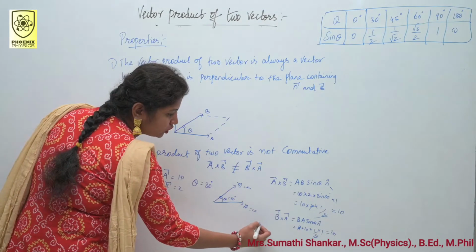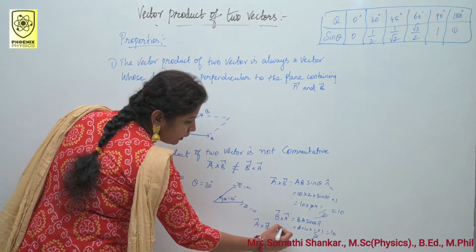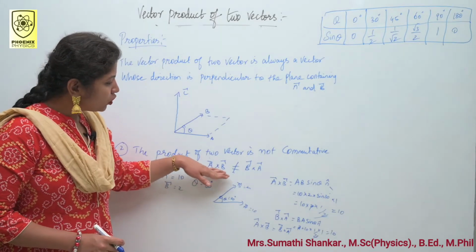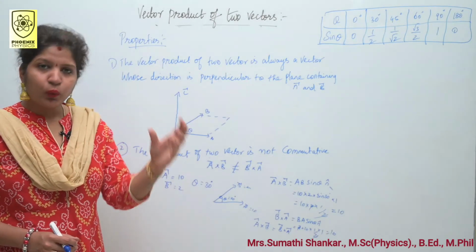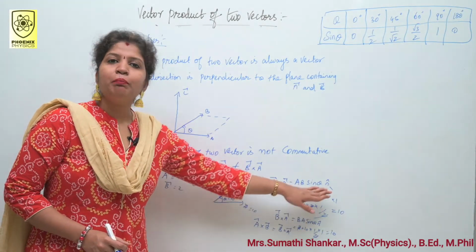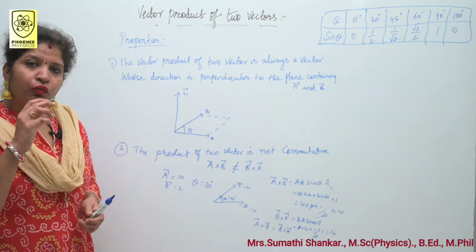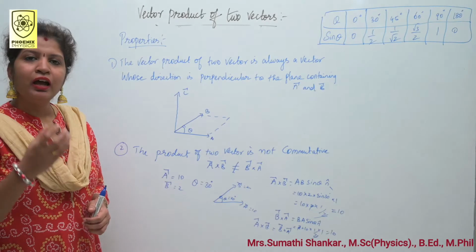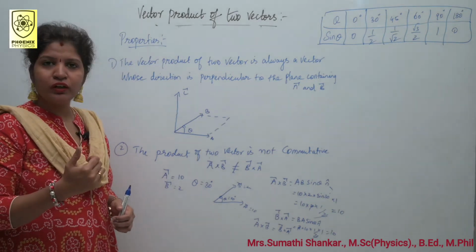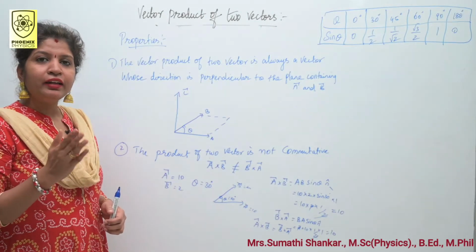Here, based on the problem, you can write A cross B is equal to B cross A. But you know that A cross B gives a vector quantity. Here, we calculated only the magnitude. What about the direction? Now, if you want to find out the direction, apply two rules. One is right hand thumb rule, another one is right hand screw rule. Here I am going to apply right hand thumb rule.